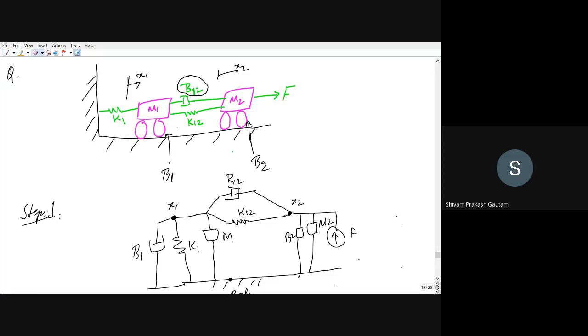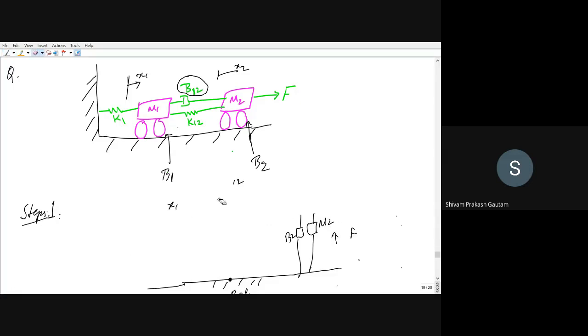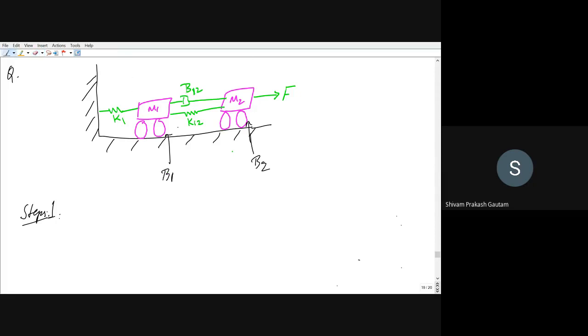Okay. For those of you who have not understood, let me redo it. So this was your mechanical system. For this mechanical system, we want to draw its equivalent electrical network for the force voltage analogy as well as the force current analogy. Why do we want to make an electrical equivalent? So that we can study its responses to various kinds of input. So first we need to develop its mathematical model, and we develop it using an analytical approach. We have seen this, I'm telling you again.